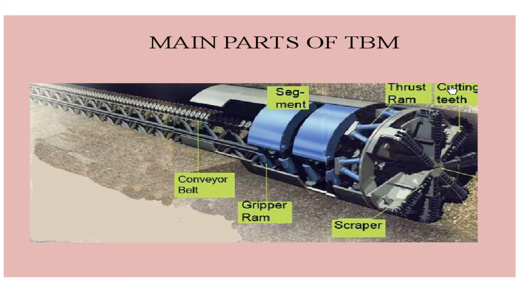Then cutting teeth will be there. So this is the cutting edge. When you are going inside the tunnel, these teeth will cut the soil. Excavation is being done by the cutting teeth. You can also see the scraper over here. This is basically used for scraping, not to cut unwanted material. Basically, when you are constructing, you want the soil to be taken away from there. So scraper is there, cutting teeth is there, and all these things are being collected. Then they are passed on to the conveyor belt.